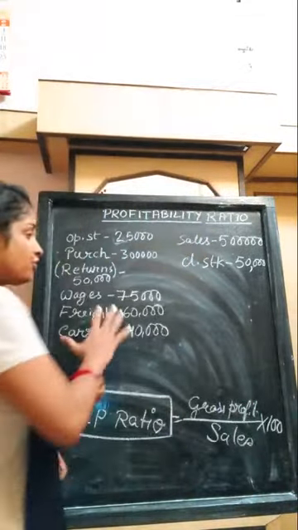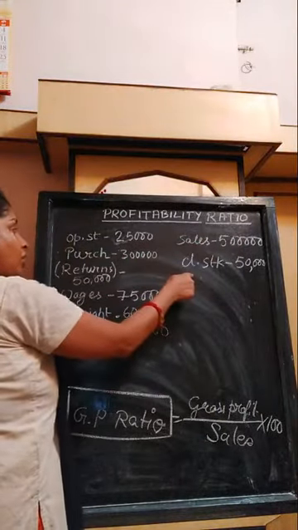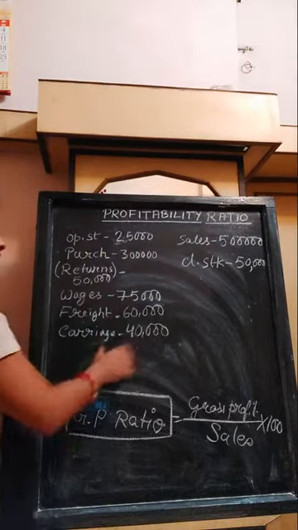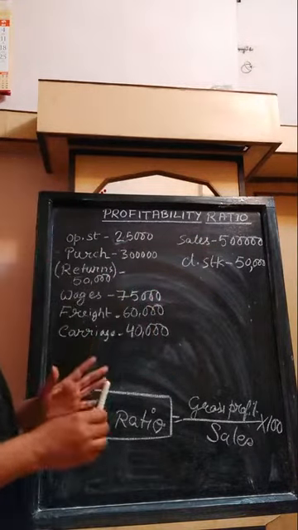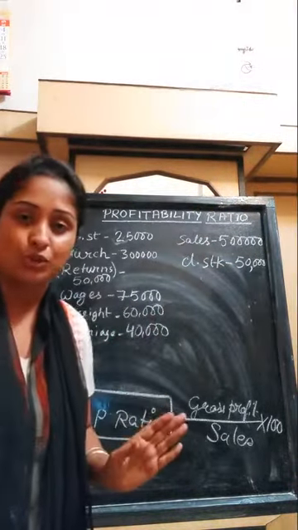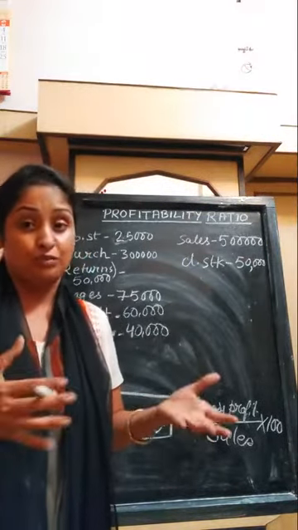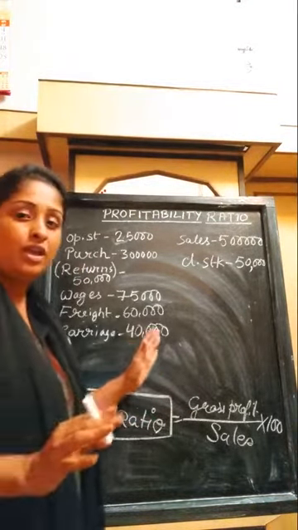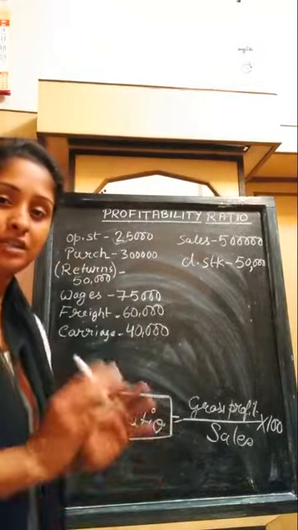Here also the trading account items are given to you. See, sales and closing stock are given on one side and opening stock, purchase, wages, freight, carriage inward are given on the other side. With these items which will be given to you through the illustration, I repeat, items will be given to you and no direct gross profit will be given to you. Don't expect any kind of direct amount or percentage of gross profit to be given in the question paper. No such things will be given to you. Items will be provided to you. You have to arrange the items as we used to do in the trading account, and then we have to find out the gross profit.